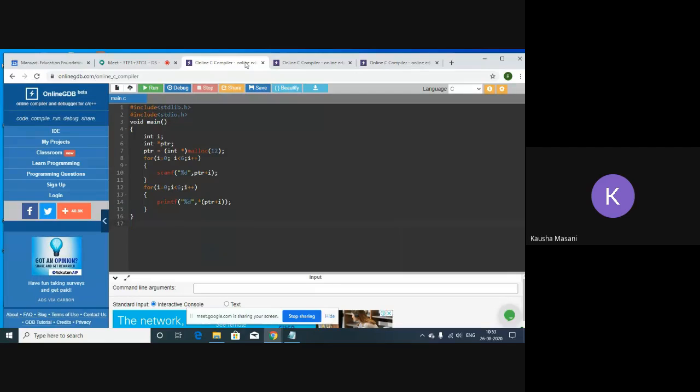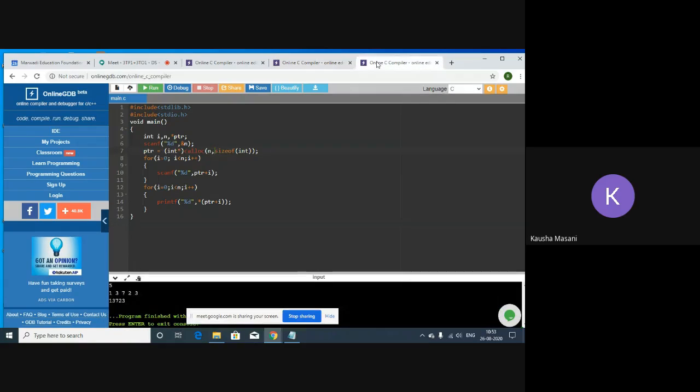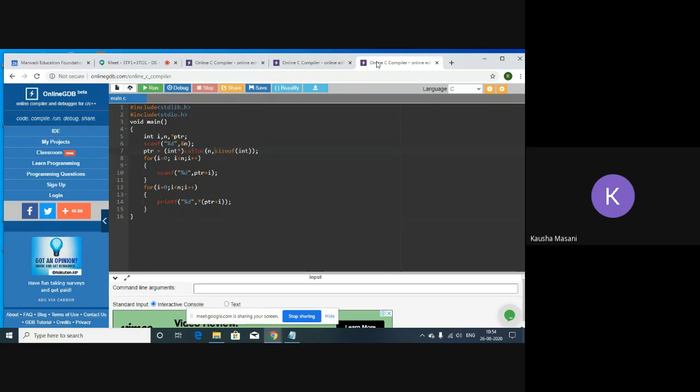Okay, the very first one. With the malloc, the size is static, so the size is 12. I know it is going to run. Fine. Go to the second program. Malloc with star, size of integer. Okay. And the third program. Okay, the value given is 5, 13723. All right, Riddhi. Thank you for presenting. You can stop.